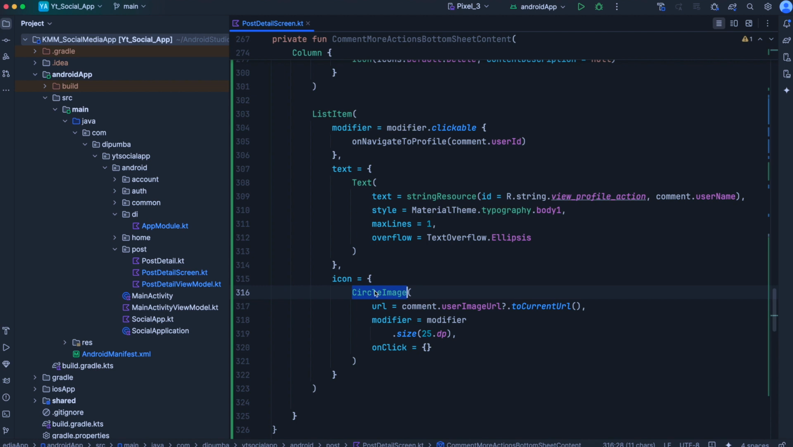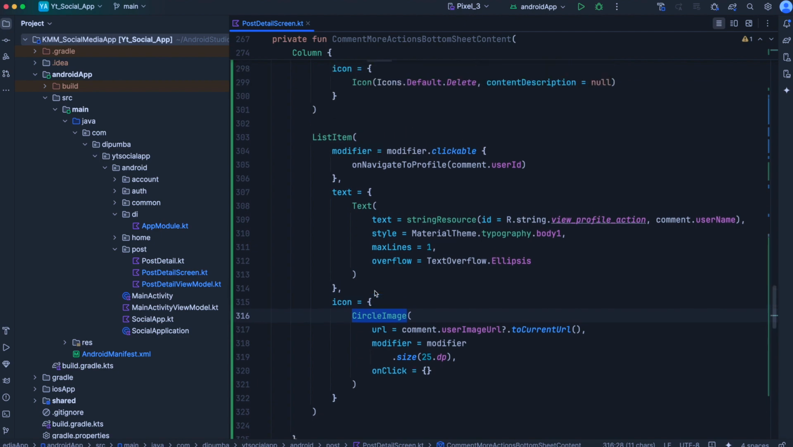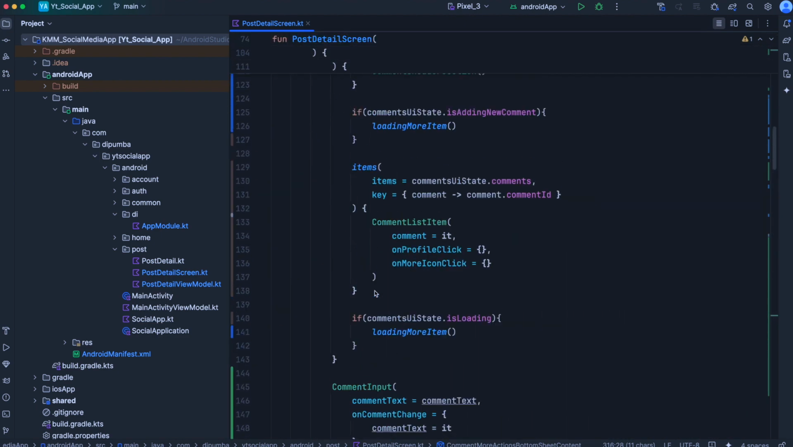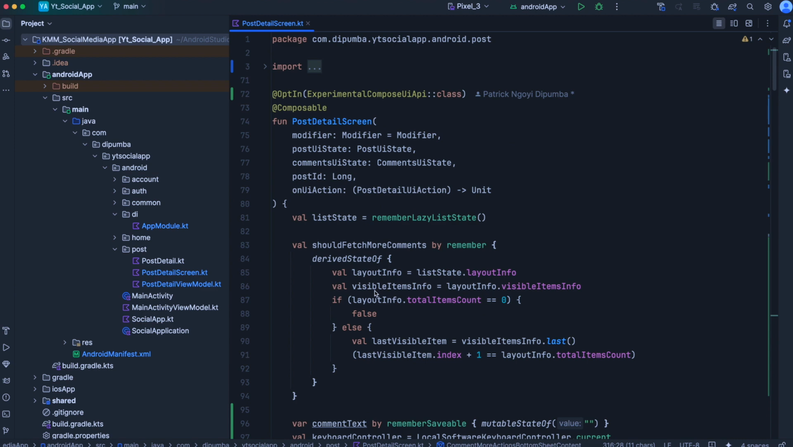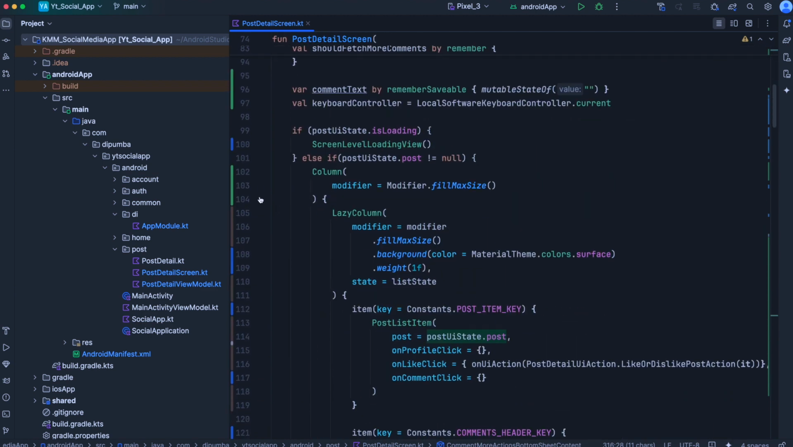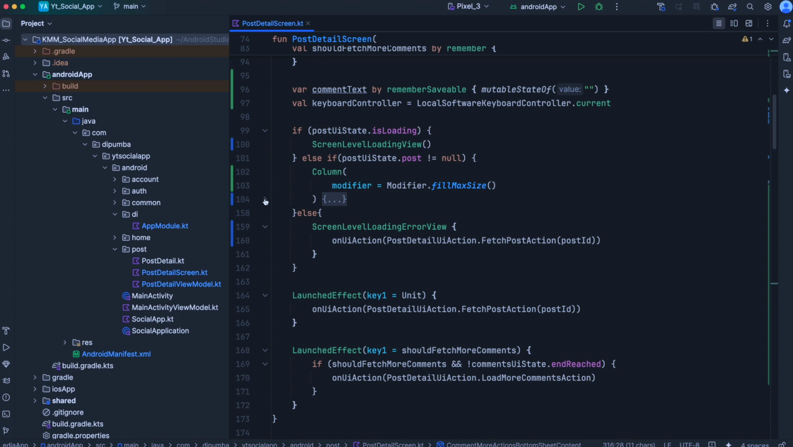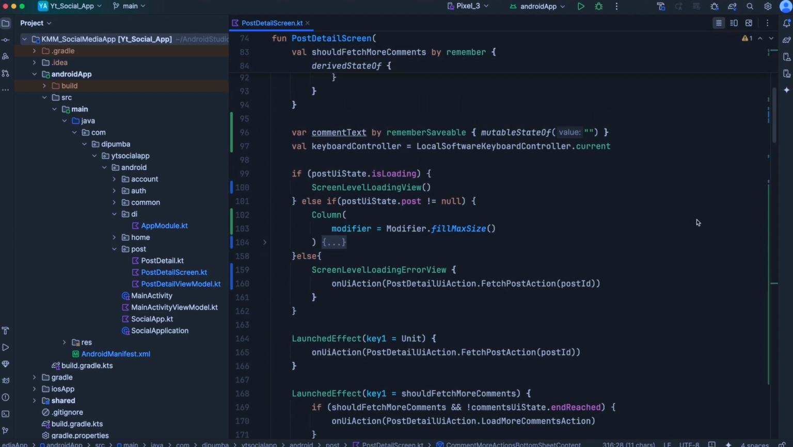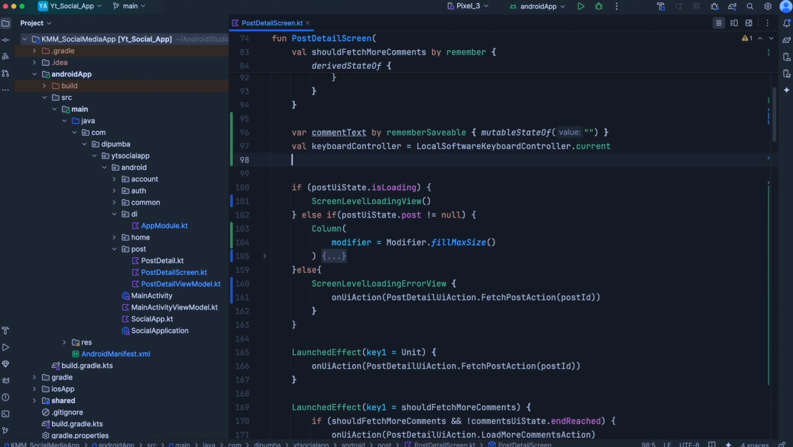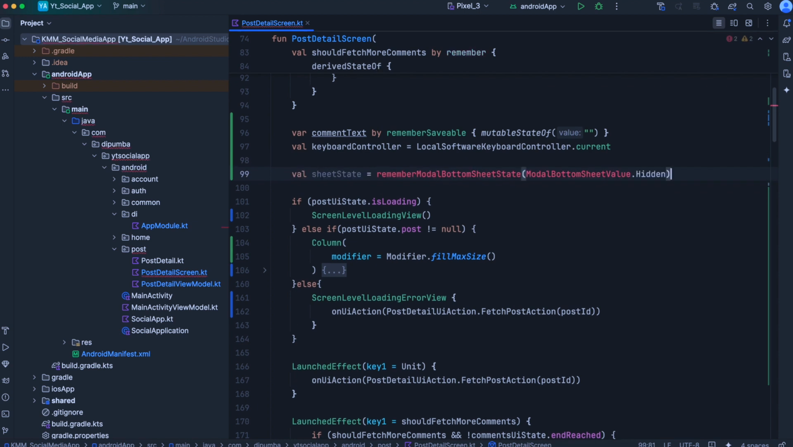All right, now before we move to the ViewModel logic for removing the comment, we need to navigate to our PostDetailScreen composable. So let's go inside PostDetailScreen. We already have a lot of code inside here, so I will try to collapse this as much as possible. Now to set up our modal bottom sheet inside PostDetailScreen, we will need to declare a state variable, and we will use rememberModalBottomSheetState, and by default the state value is set to